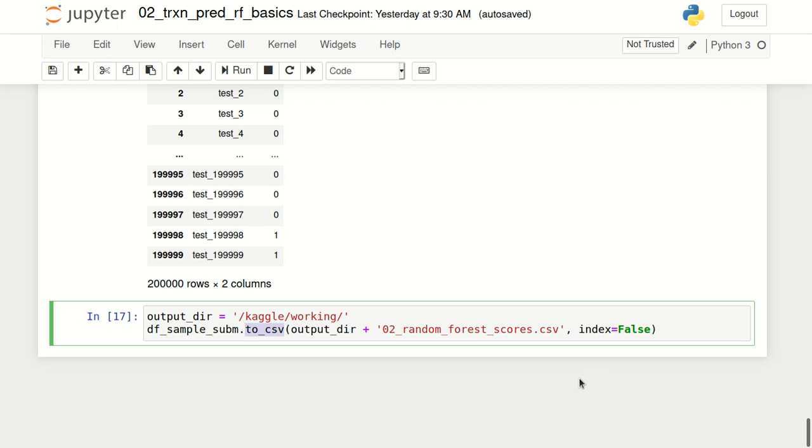So this is an overview of how we can create a random forest model. There will be two other videos about random forest, one talking about how we do hyperparameter tuning, and the third one about how we analyze the model in more detail, looking at feature importance, partial dependence, and so on.